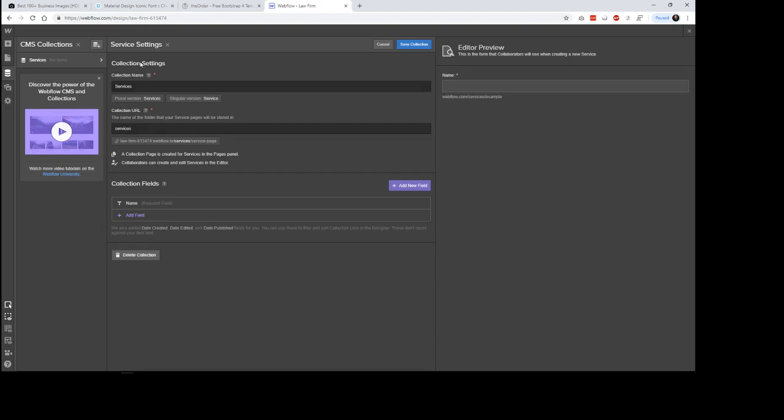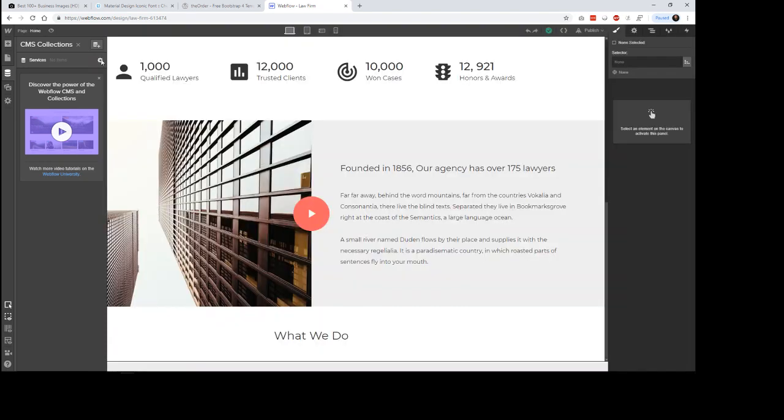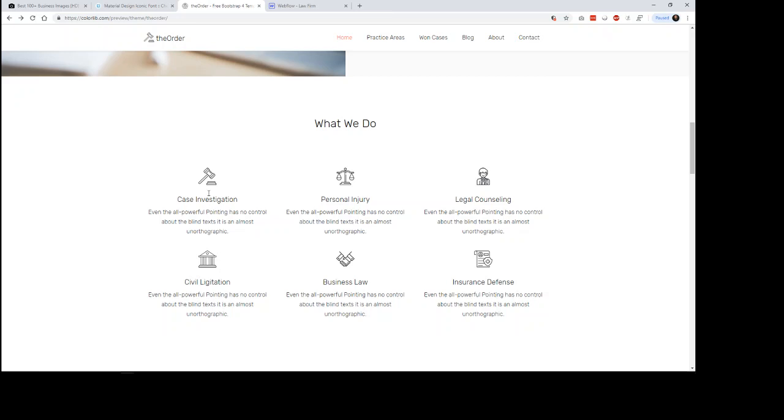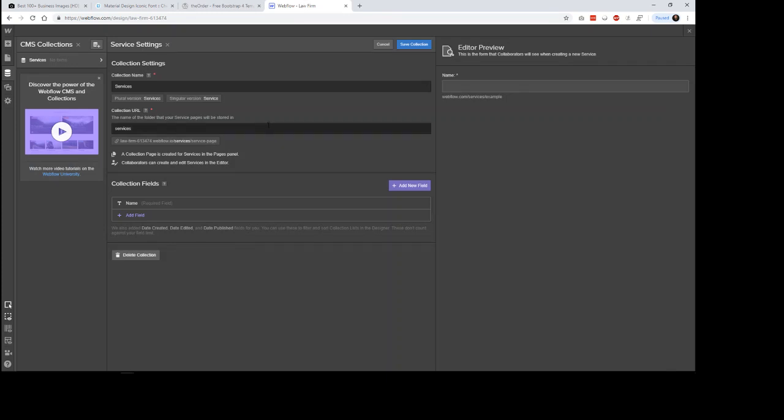Here we go. Okay, so these are the settings. So I clicked here, you can see. All we need to do is add the fields for the information that we want to collect. Now we have an icon, we have the heading here, and then we have this text. I don't know how we're going to be able to do the icon other than to use an image. I think that's just kind of the quick and dirty way to do it, because I don't have any icons saved per se. The icons that we're using on this site right now are actually an icon font, which is